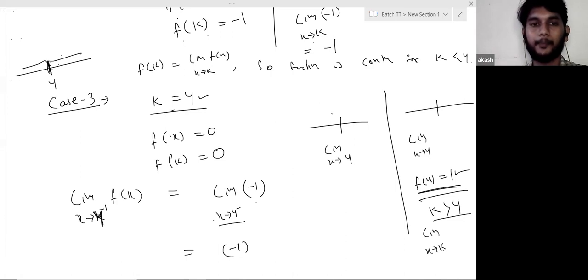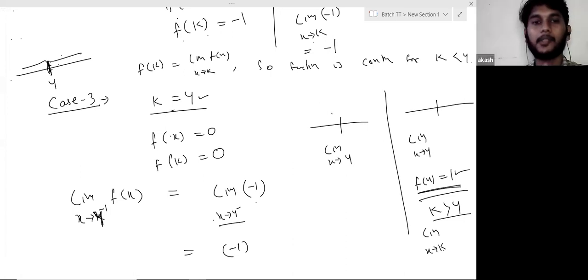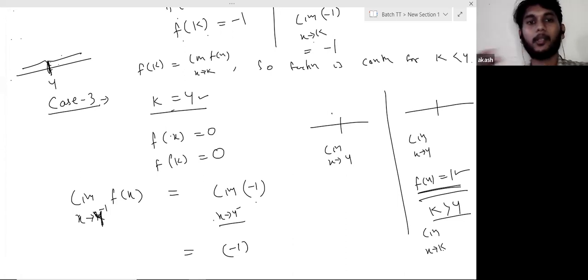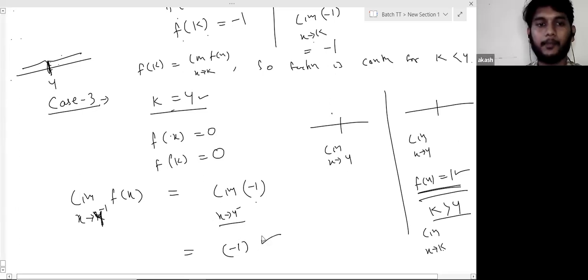So we can say that whenever there is an equal sign, in simple terms, you have to check when the function is breaking. This function is breaking at 4. They have broken down the definition when x equals 4 and when x is not equal to 4. So we have to check at 4 what happens. So the limiting value is -1.